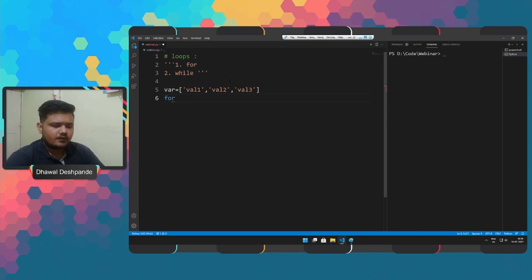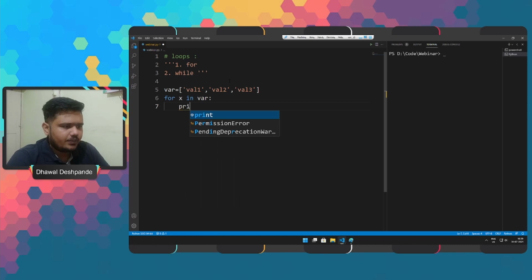So for, we will take a variable, which can also be known as a counter, and here we are checking if this particular X is present in the list.